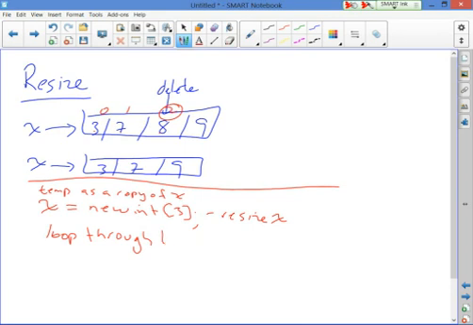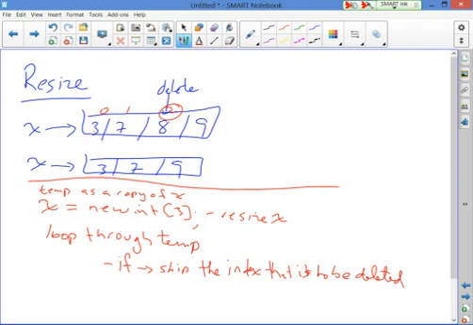So I'm going to loop through temp, and then I'm going to have an if statement, and I'm going to skip the index that is to be deleted. Okay. Then at the end,